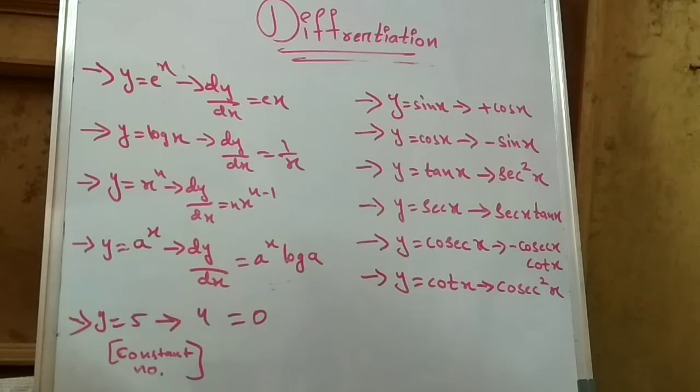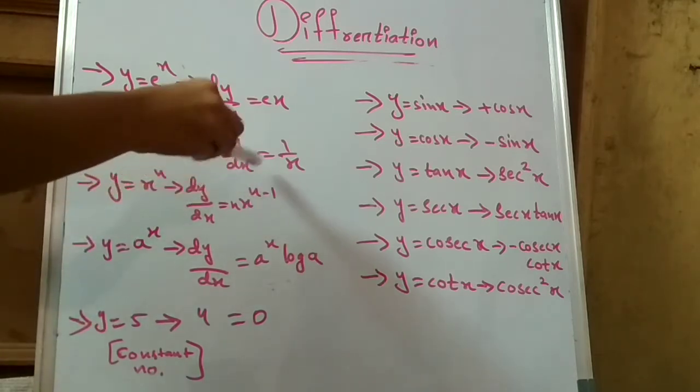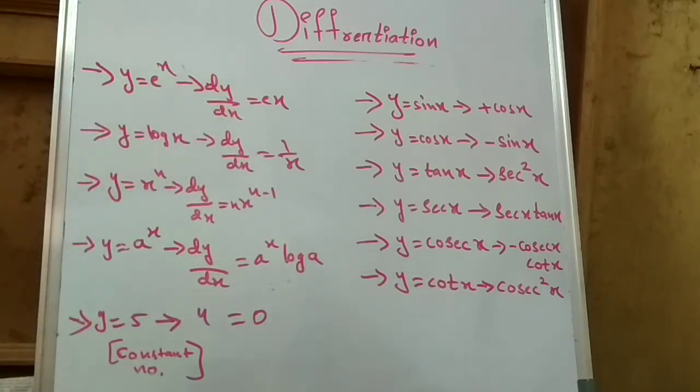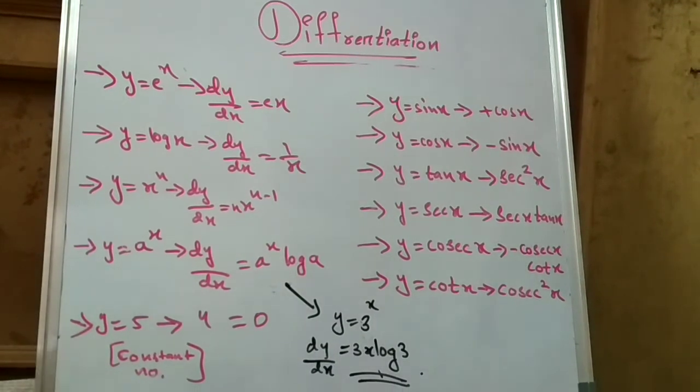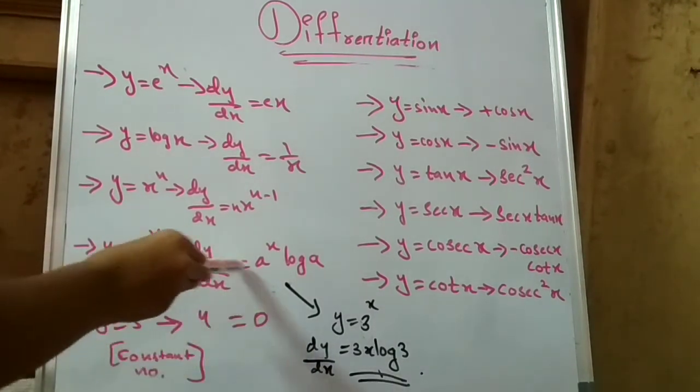Then dy by dx is equal to n x to the power of n minus 1. Then when y is a to the power of x, dy by dx will be a to the power of x log a. If you need an example for that, suppose y is equal to 3 to the power of x. Then dy by dx will be